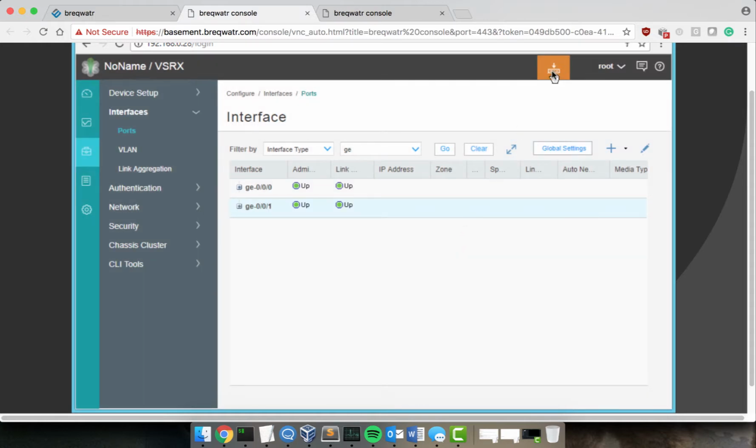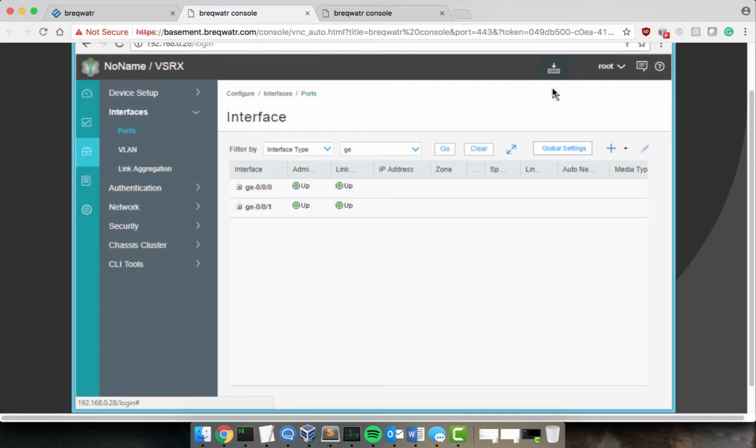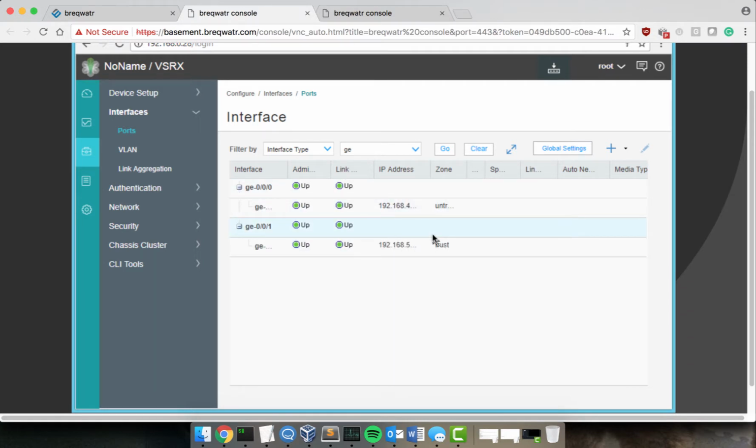There we go. And you have to commit any changes, so I'll do that. Same thing as with the command line. All right, now you can see that we assign zones to these. Those zones have settings, so I have to change those, which I do